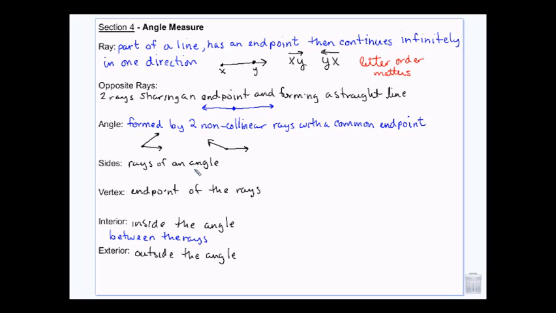Okay, we call the rays the sides. The end point that they share is called the vertex. And then you have the interior and exterior of the angle. So if I have an angle,